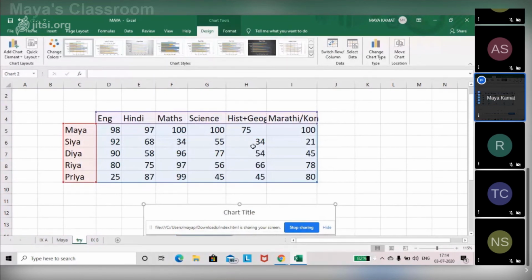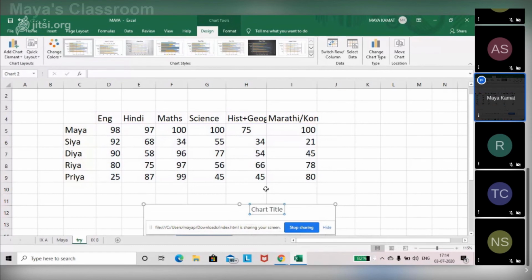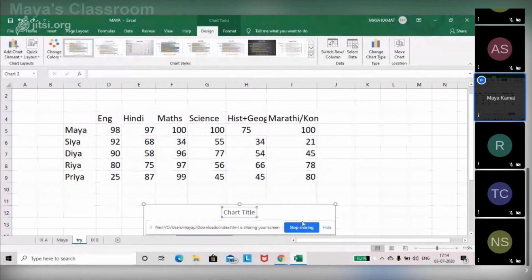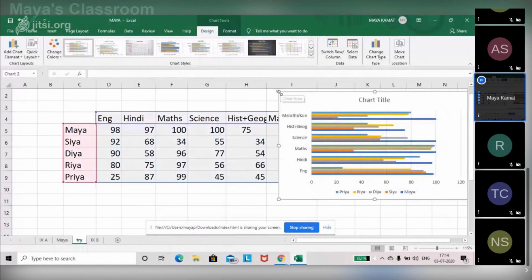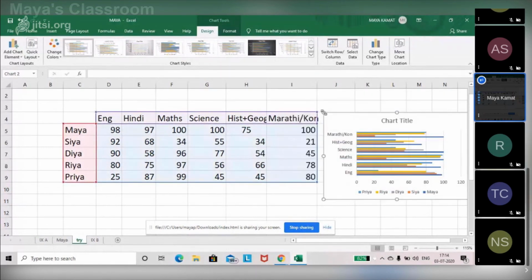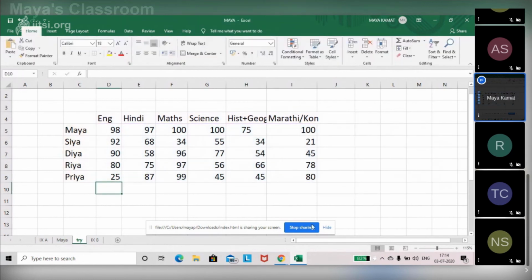Whereas if I see a chart, I feel that becomes easier for me to find out in which subject people have got good amount of marks and in which subject they haven't. But that again depends on the need of the chart. You need to select relevant chart as per the need. Clear?